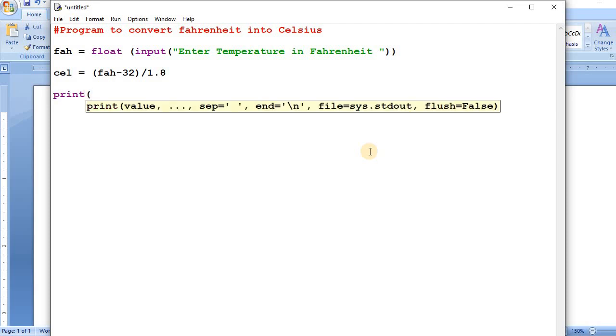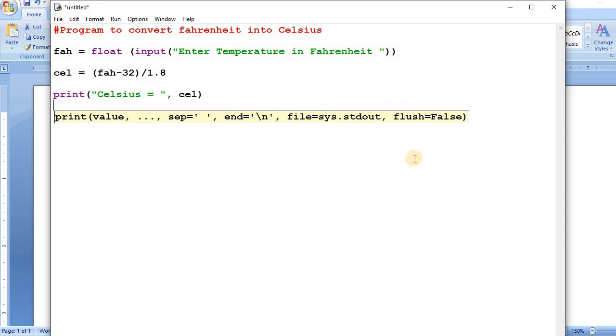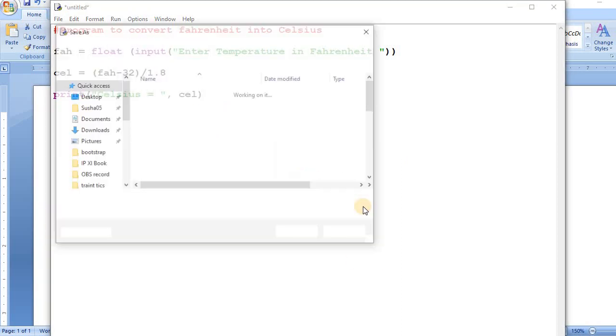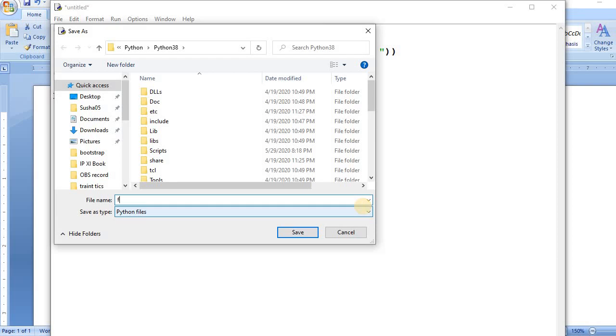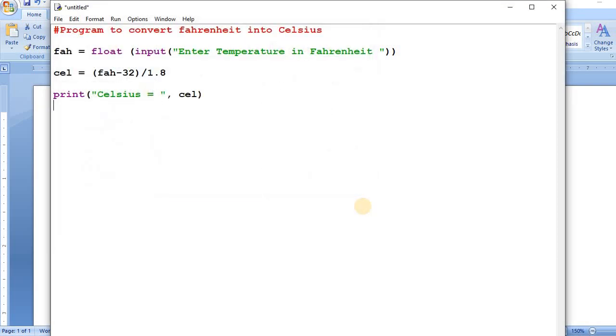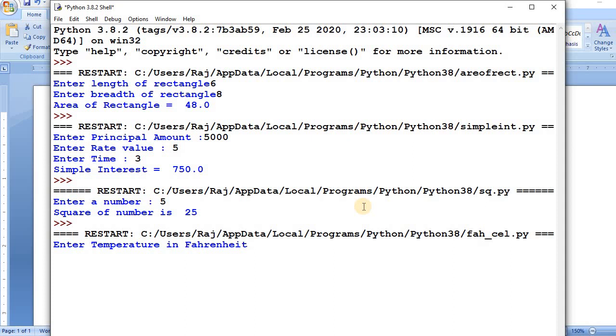Now print the value, because the Celsius value is assigned in the variable. So you can also print the message Celsius equals to, and then separate this and the variable. And now you have to run this program, save your program, and then temperature 102 and 38.8.